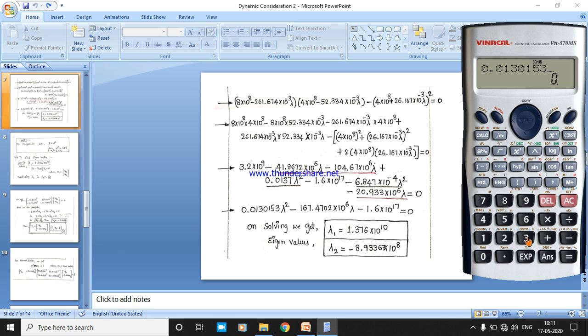0.0130153. You should be very careful when you are typing this. Once or twice you have to check it, because if one number gets mixed, or the point gets changed, the value is going to change here. This is A1, B, so this is square, this is lambda. Next lambda is minus